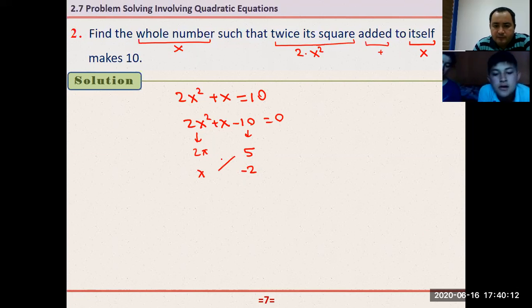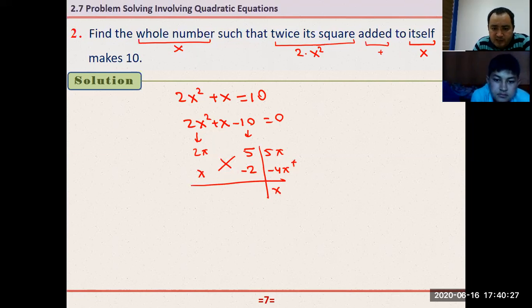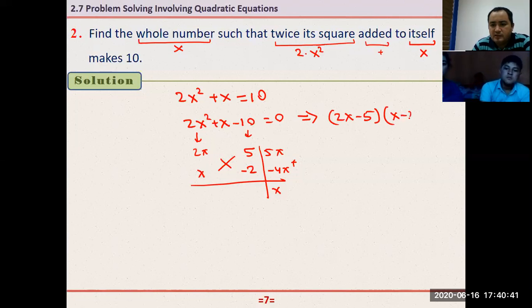Why? Because their sum should be equal to plus. Now if you check this, x times 5, 5x, 2x times negative 2, negative 4x. And their sum is x. If I put minus here, we will have minus x. But here we have plus x. Okay? So that's why now I can factorize it as 2x minus 5 times, here we have x minus 2